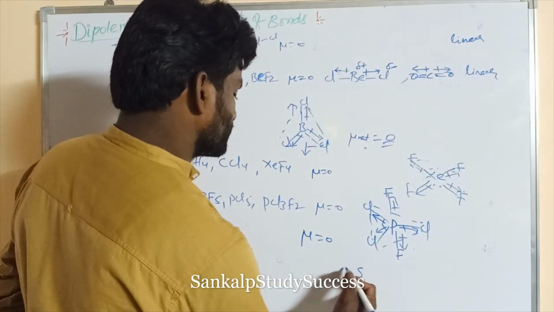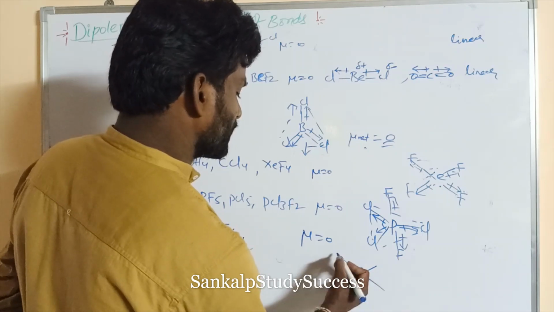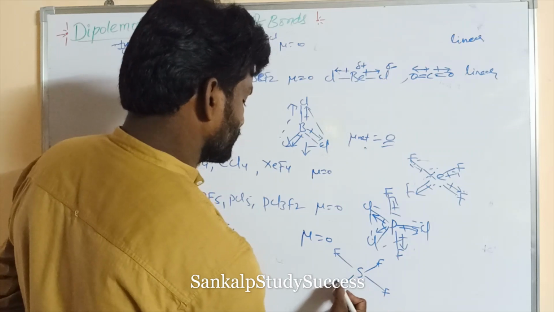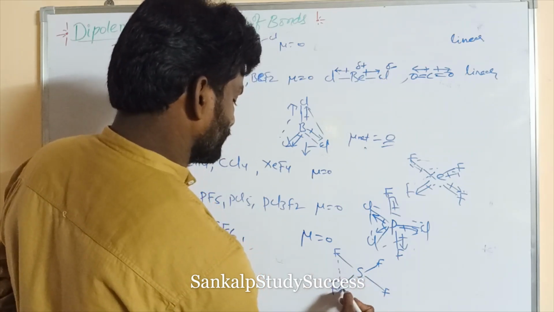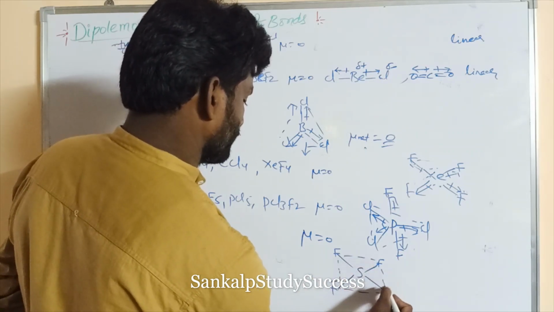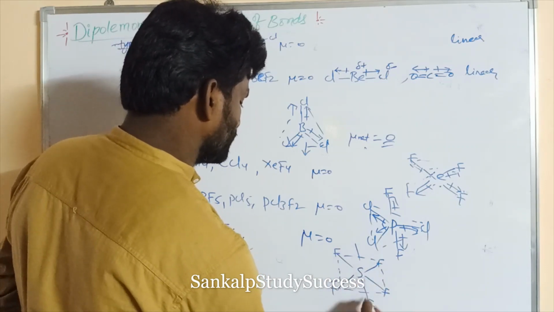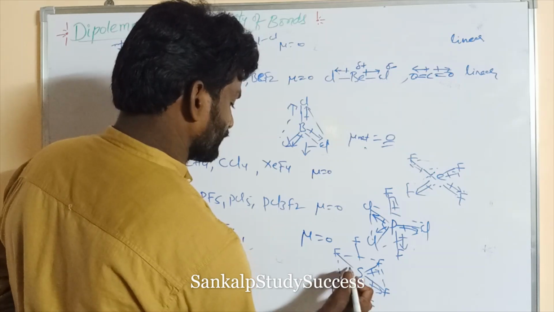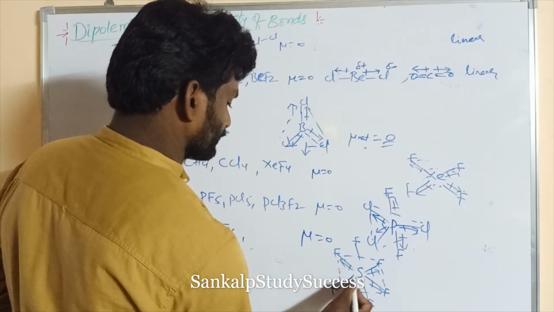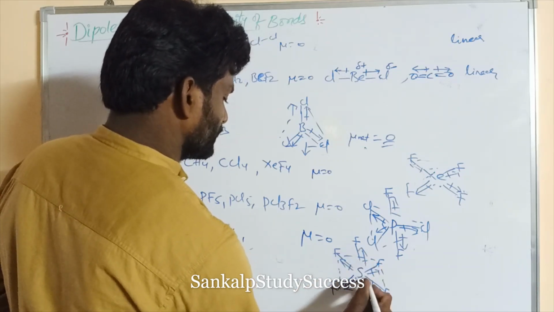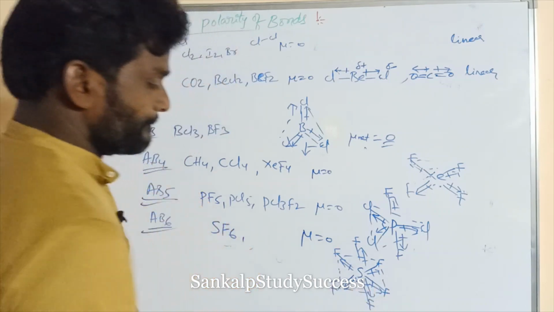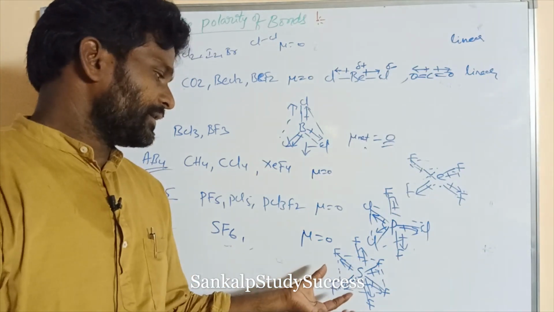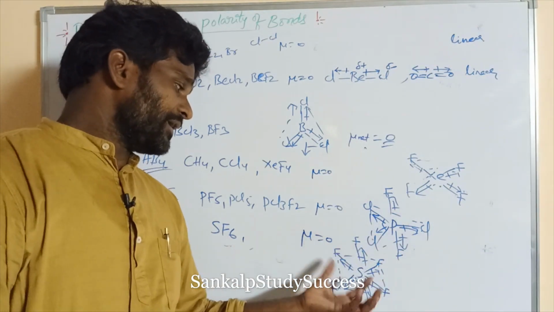Right, SF6. This is octahedral. One is above, another one is below, right? So this is the crossed arrow, right? Here all the bond moments of S–F have the same value, and all of these are present